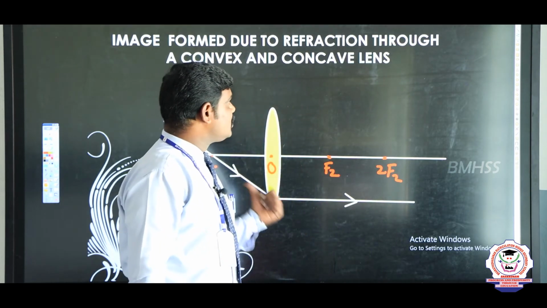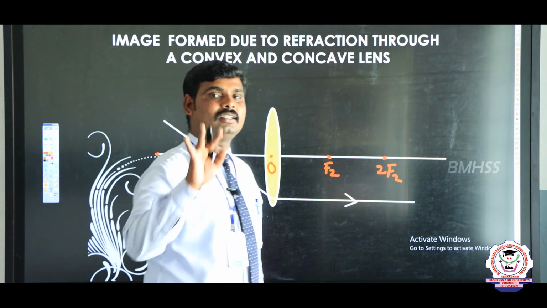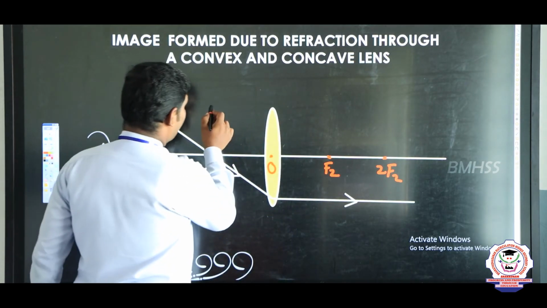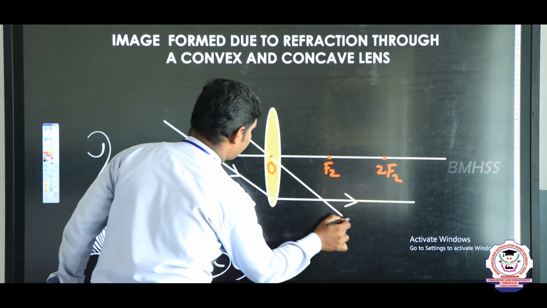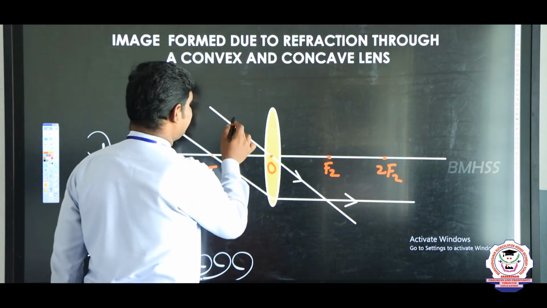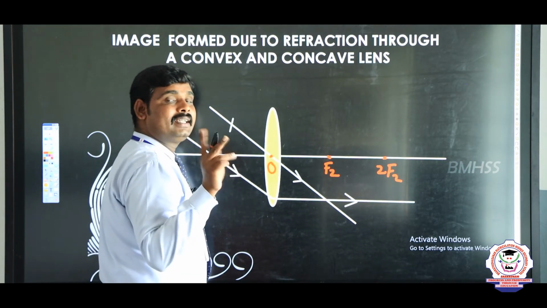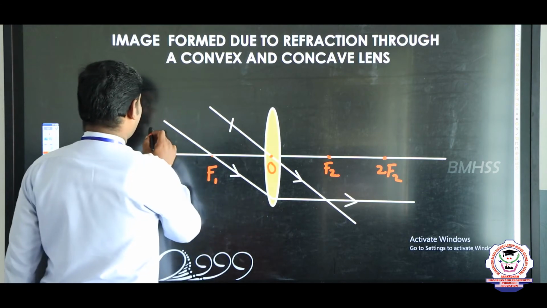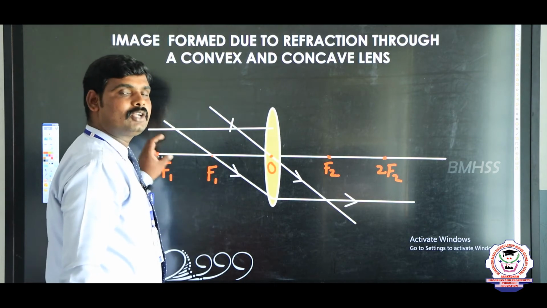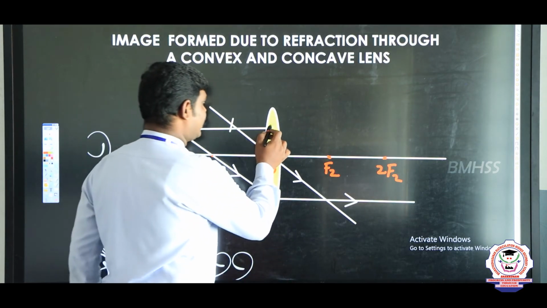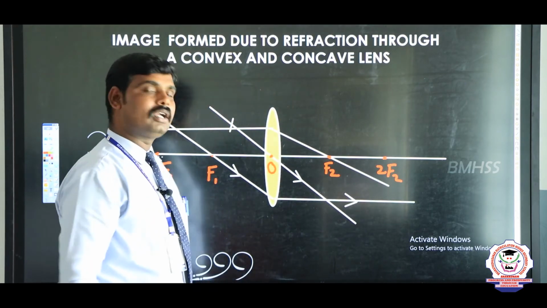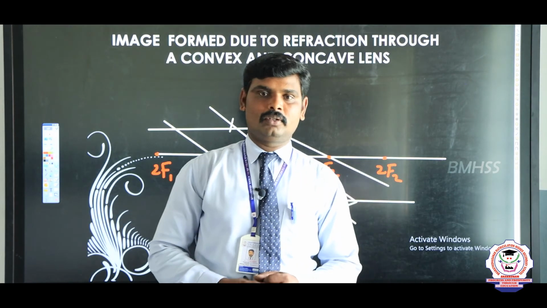In this chapter we have seen the three rules. The first rule is when light passes through the optic center, there is no reflection and refraction. Am I right? This is rule number 1. Then rule number 2 means when light is parallel to the principal axis, after refraction it will pass through the focus. So these are the rules. We have three rules.